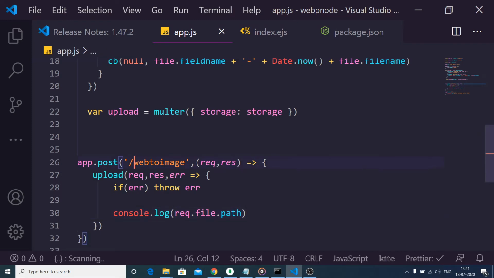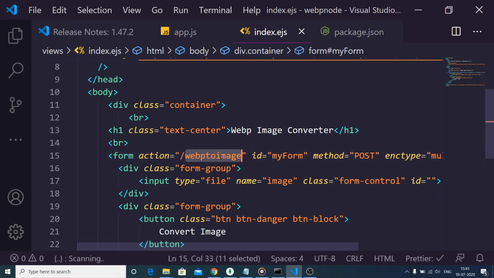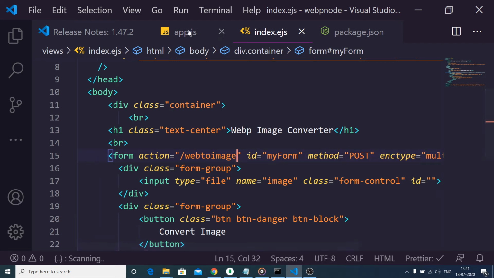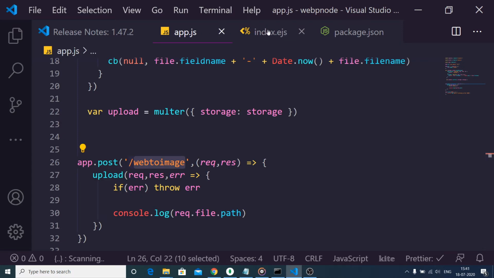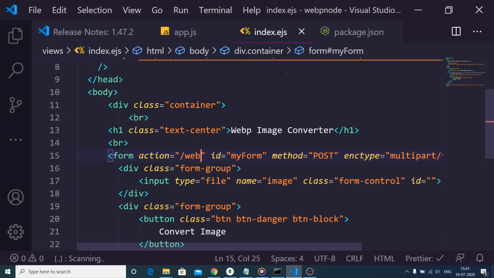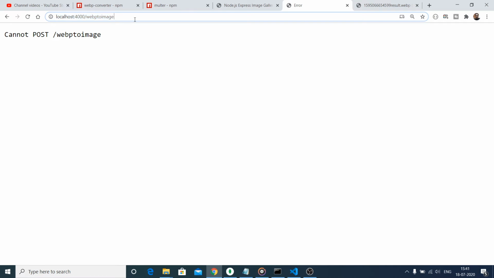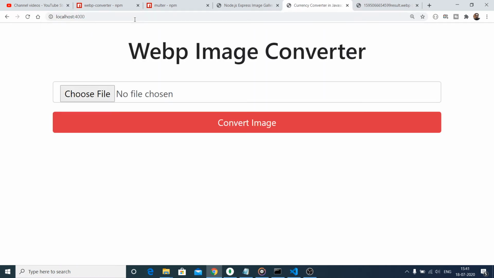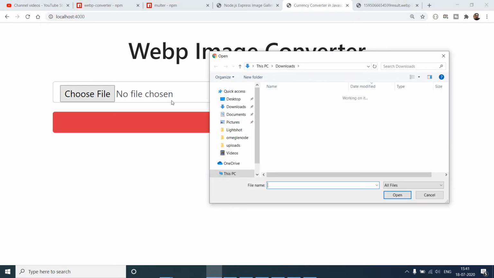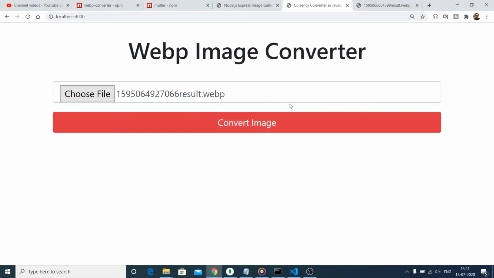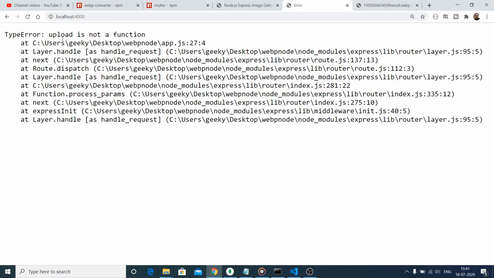Let me just see the route here. Let me just change this to the home route, just the home route. Now if I once again refresh it and choose a file, let's suppose this webp file, once again convert image, it is saying to us